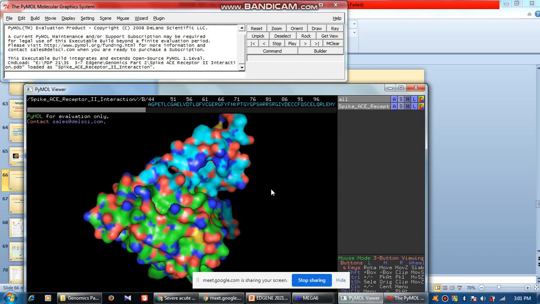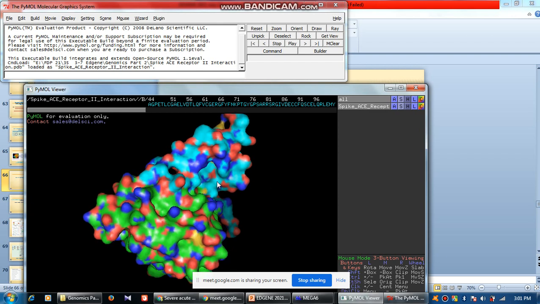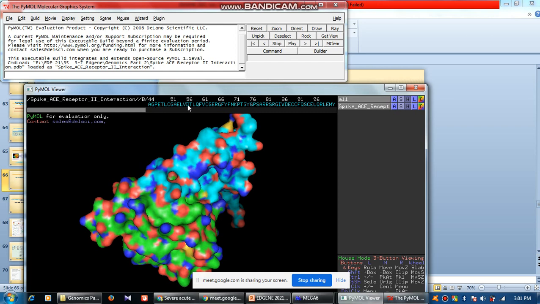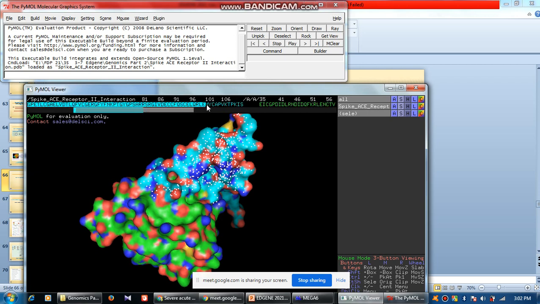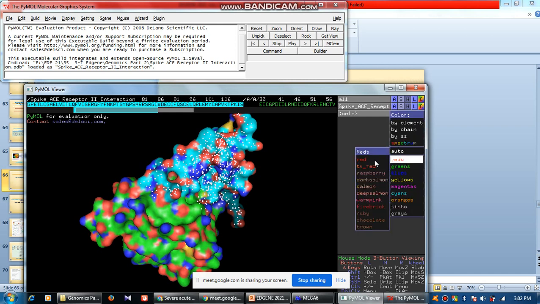Although this is not the thing I wanted, I try to change it. Just give me some time so that you will be able to see how exactly the three-dimensional binding is there. We can even quantify the binding energy, and everything is possible today because genomics is there.